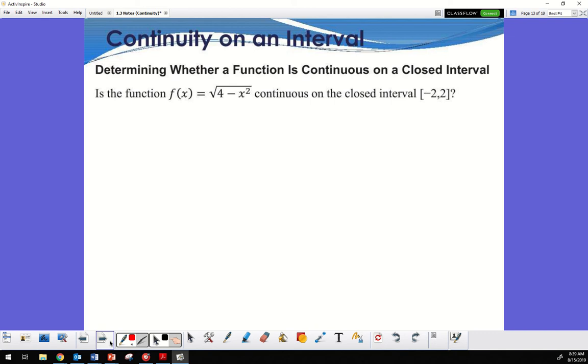So now I'm going to show you how to set this up to figure out your domain restriction. I know that this, 4 minus x squared, right? It has to be greater than, no, I'm sorry, less than or equal to 0. That's how I set that up, because inside the radical,